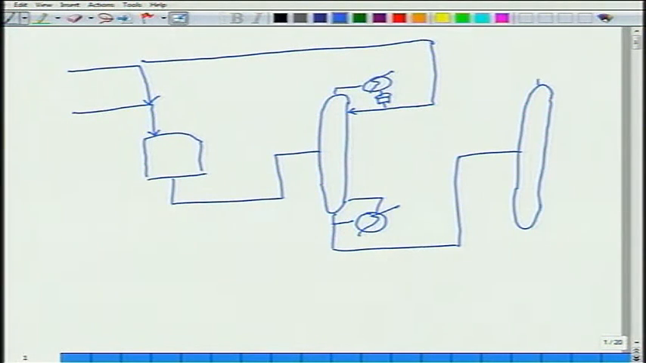Now today let's draw a conventional minded control structure for this process. What do I mean by conventional minded? What I mean by conventional minded is